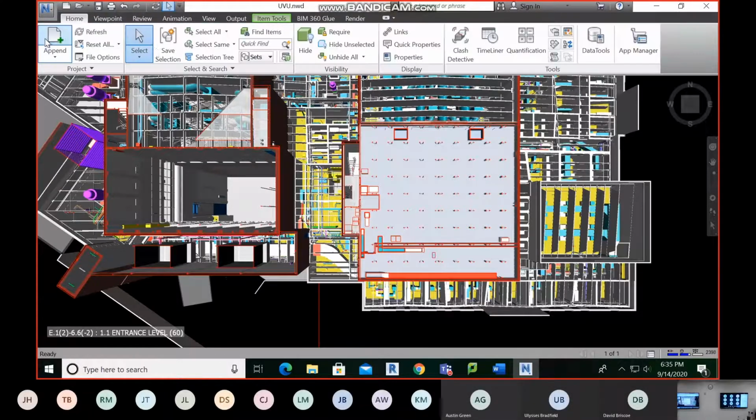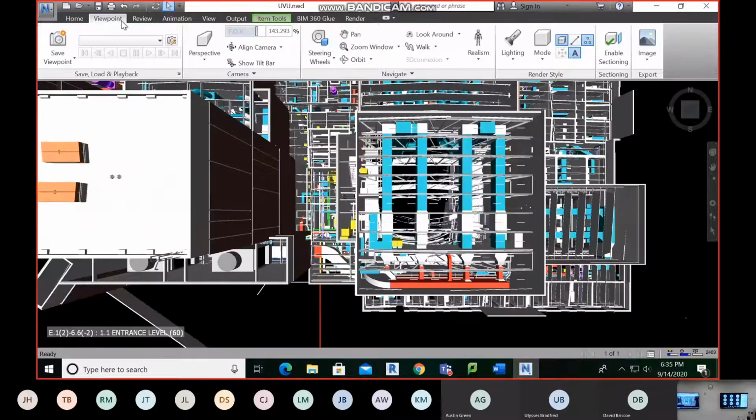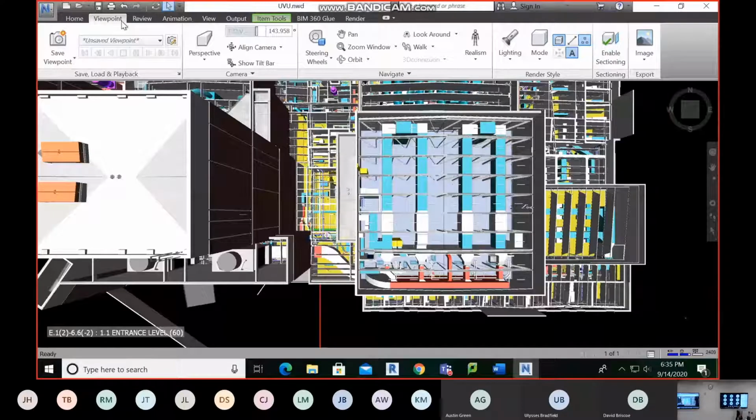The next thing we're going to talk about is sectioning. So what I want you to do is go to your viewpoint tab. Okay, and I just turned mine off, so you guys need to turn it off too. There's a button called enable sectioning. Go ahead and turn that off. Okay, and what this does is it basically just allows you to cut the building however you want to cut